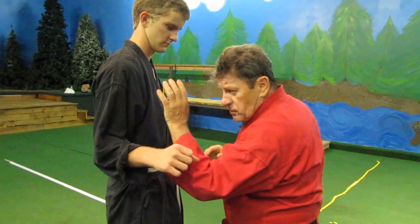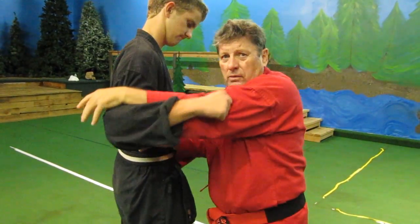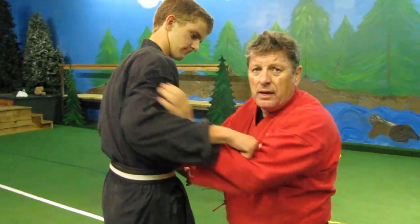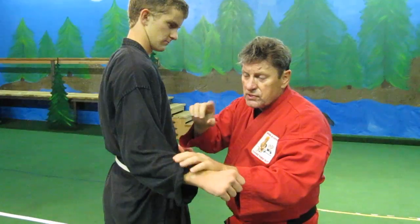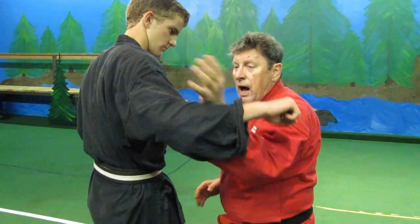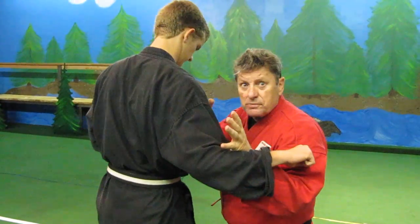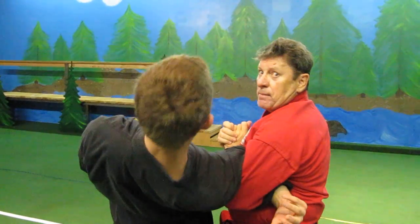I want to explain that we're using body harmony, not strength. Now, I've gone over this a couple of times with this young man. As the punch comes in, if I just block it with my strength and then try to go to the move, we're fighting power against power. I can turn my hip and almost get it. But what I've got to do is use his power against him. Very subtle. As it comes in, I feel that movement coming in. Notice how his balance is breaking on his own? I'm controlling that. And as soon as I break that forward, that's when I make my loop